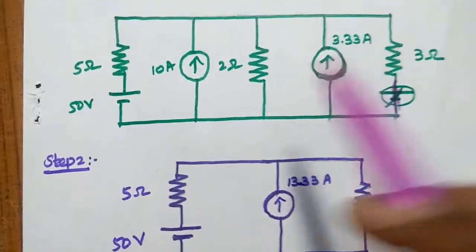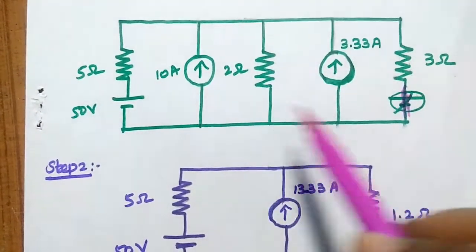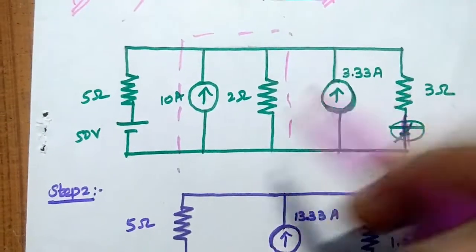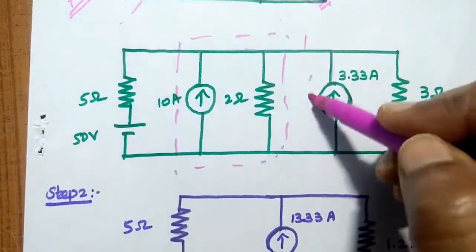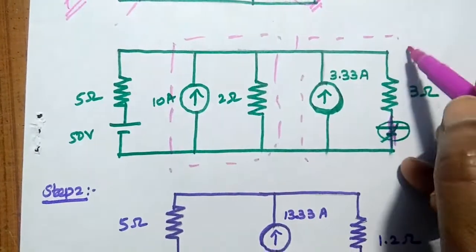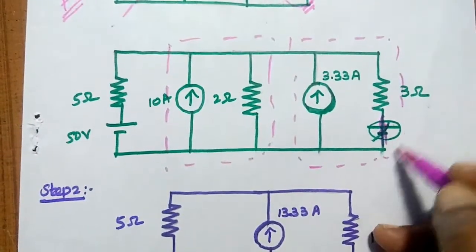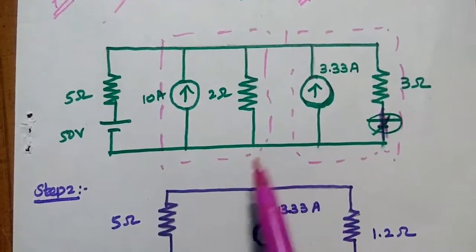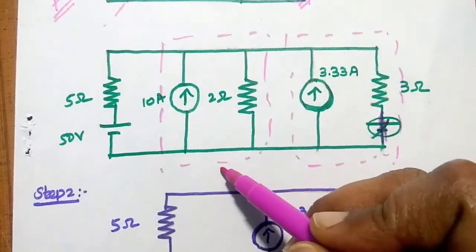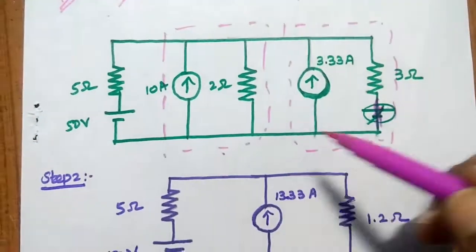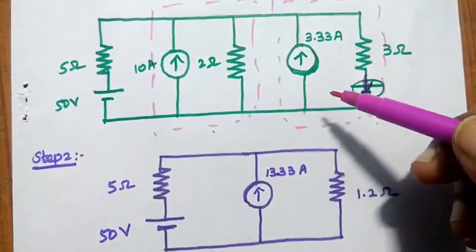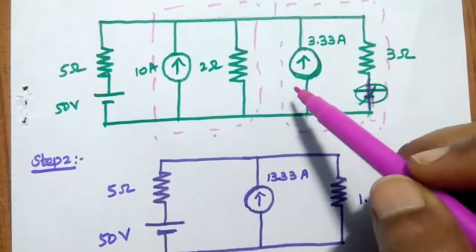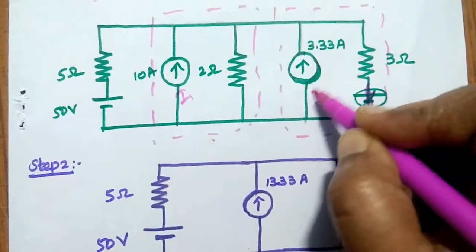After converting this, these two current sources are in parallel. This is the first current source. This is the second one. We have already solved problems in the part 1, right? So you can refer to that video also for further reference. So this is the current source 1. This is the current source 2. Both are in parallel. So we are going to combine the current sources. For that we are going to add the current values. Here it is I1. Here it is I2.